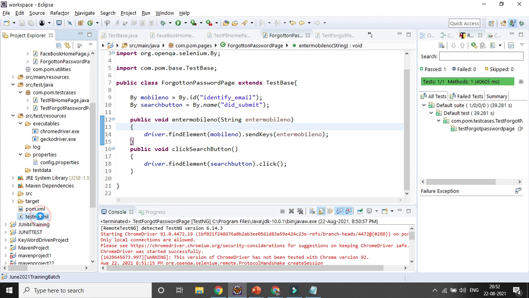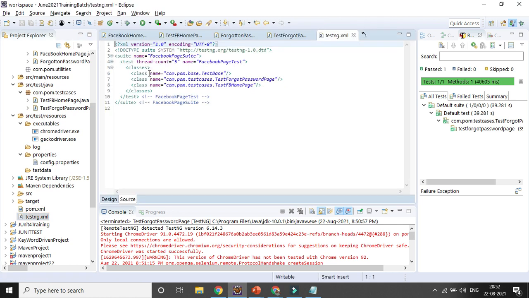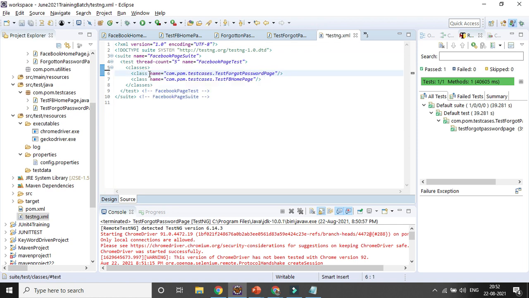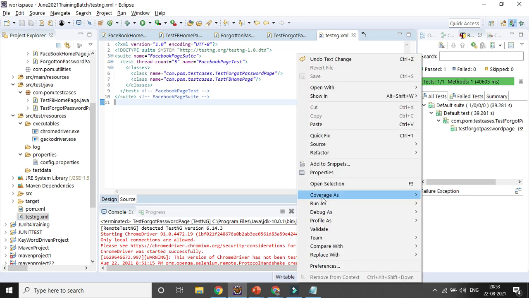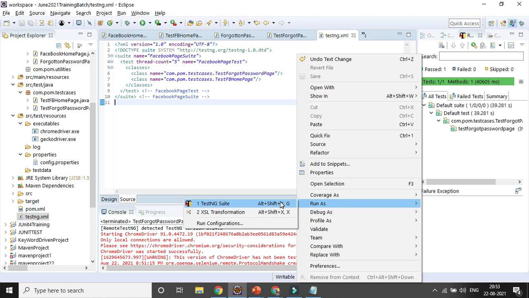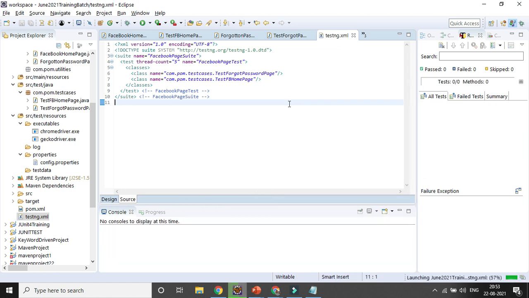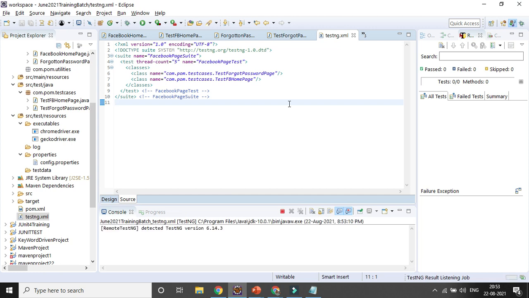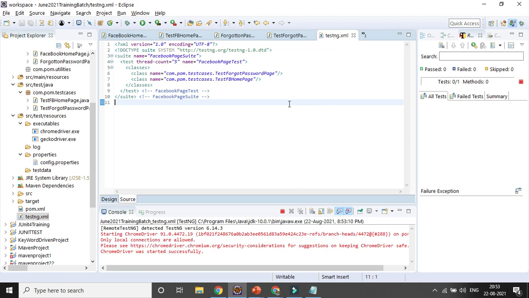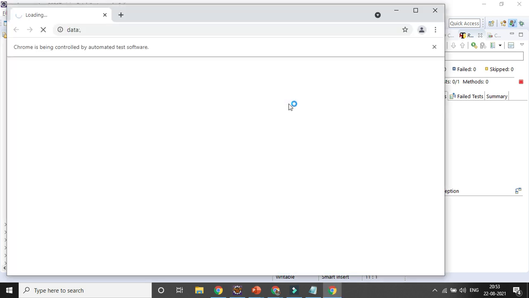So if you open the testng.xml file, right, you can remove that base class and you can go for the 2 test cases. One is test forgot password page and test Facebook page. So this will be executed based on the alphabetical order. So every time your Chrome browser will be opened and closed, so no need to worry. So you can run it from here. So one by one test case execution will be done. So in case you are having 10 test cases, they will be run one by one. Every time your browser will be opened, the test case will be executed, it will be closed, again it will be opened, executed, and closed.